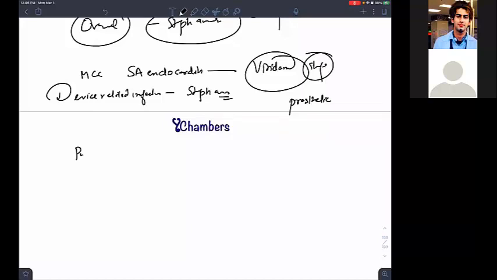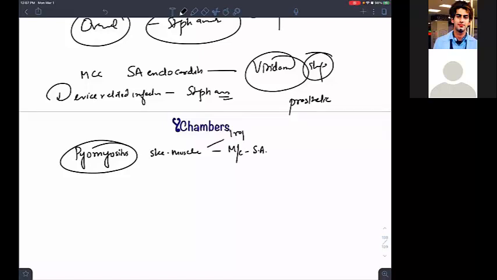Remember, if we have pyomyositis, what is pyomyositis? Pyomyositis means a skeletal muscle infection. If they tell you that the patient is living in the tropical region or the patient is an HIV infected patient, what would be the causative agent? Most common will be Staph aureus. If the patient is living in the tropics or is HIV infected.